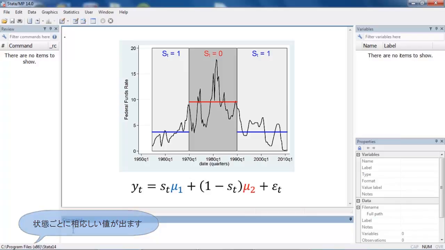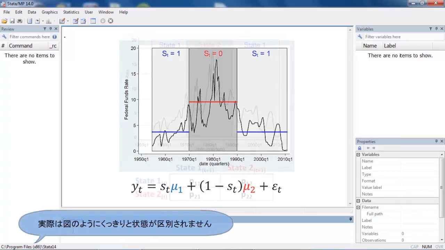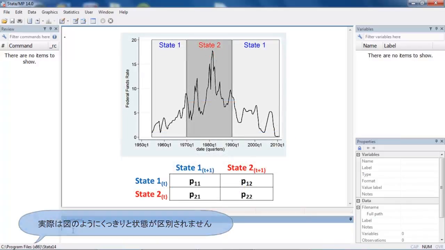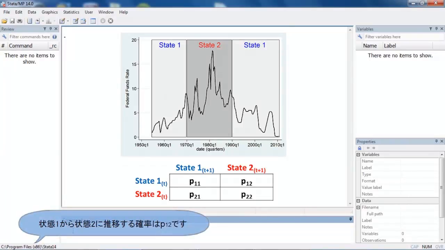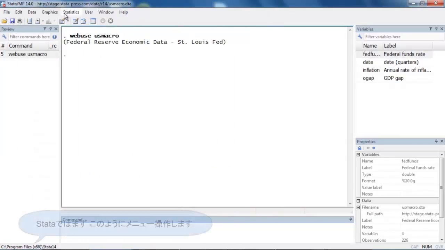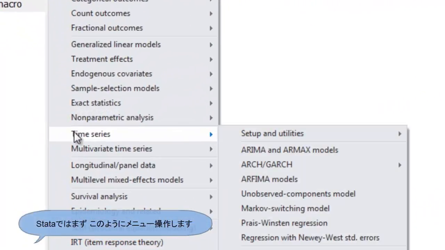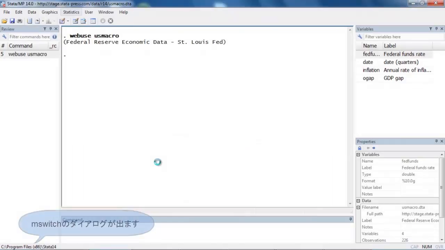Unfortunately, we don't always know which state the process is in at any given time, but we can estimate the probability that the series transitions from one state to another. For example, P11 represents the probability that the series is in state 1 at time t and remains in state 1 at time t plus 1. P12 represents the probability that the series is in state 1 at time t and transitions to state 2 at time t plus 1. The new mswitch command estimates models with two or more states as well as the transition